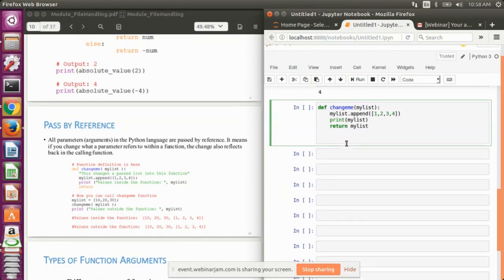So I'm returning my list as an output argument, but I'm not defining it during the declaration or in the first statement.